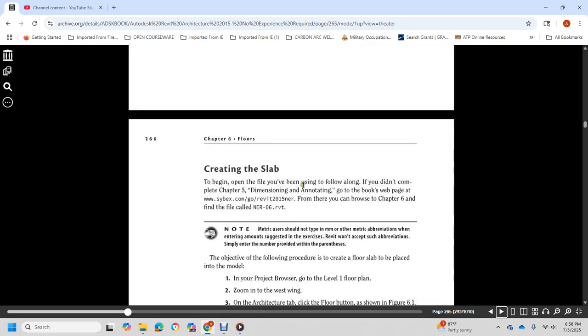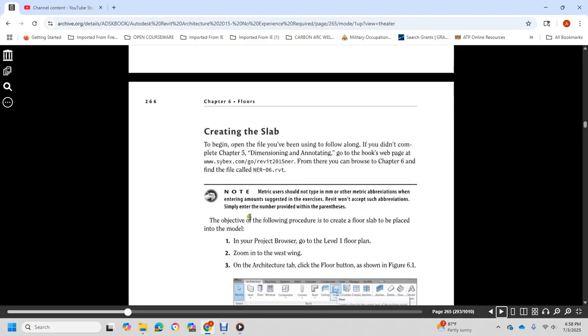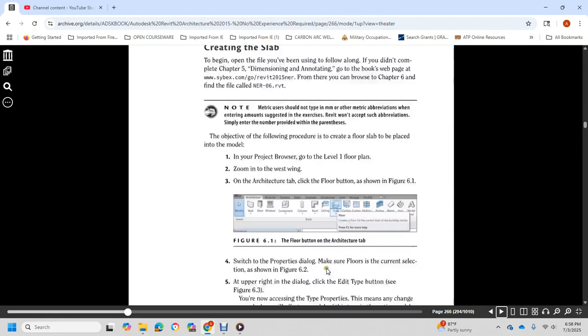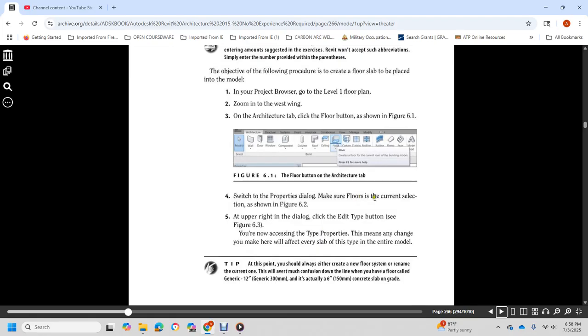Creating a slab: at the beginning, open the file along with the completed chapter 5 of the dimension annotating. The objective of the following procedure is to create a floor slab to be placed in the model. In the Project Browser, go to the level 1 floor plan, zoom in on the west wing, and on the Architectural tab click the Floor button, shown in figure 6.1. Switch to the Properties dialog box, and make sure Floors is in the current selection,